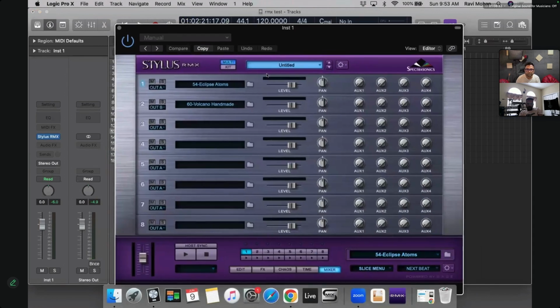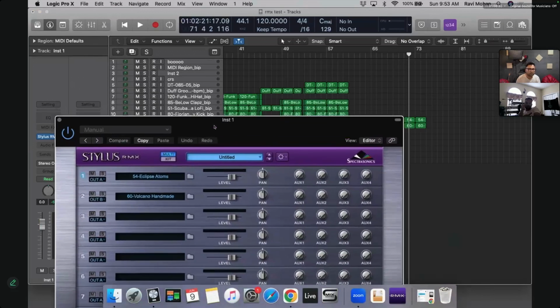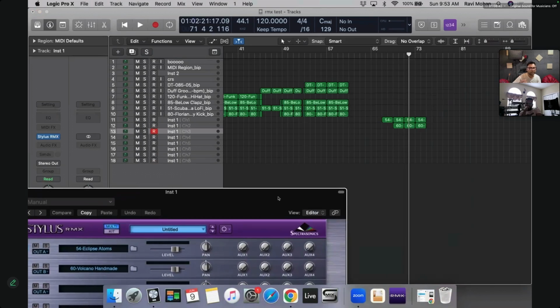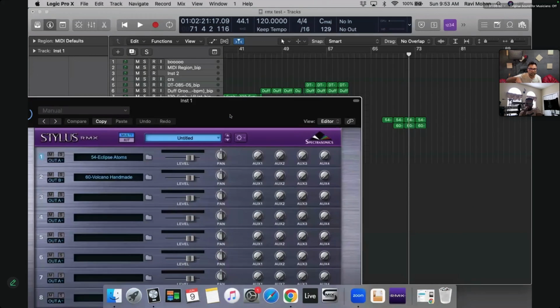Not only loops, you can also have other sounds that you wanna trigger via MIDI on different channels, because now you have both. You have individual channels on the Logic rack, and individual MIDI tracks triggering 1, 2, 3, 4, 5, 6 MIDI channels of this instrument.